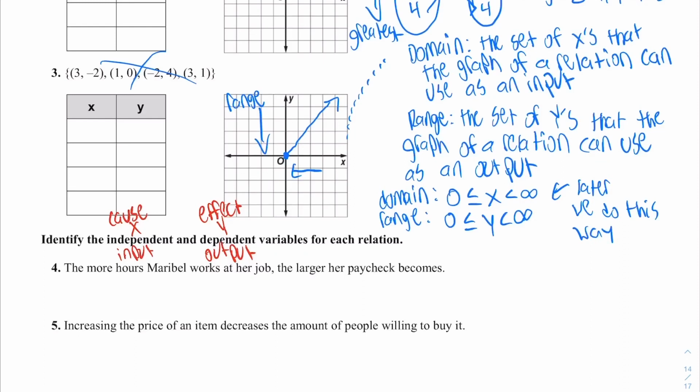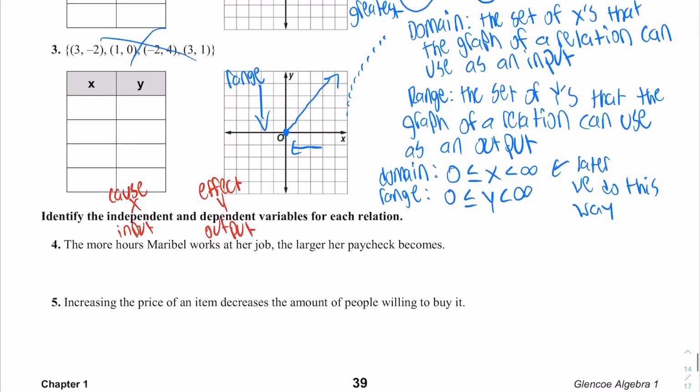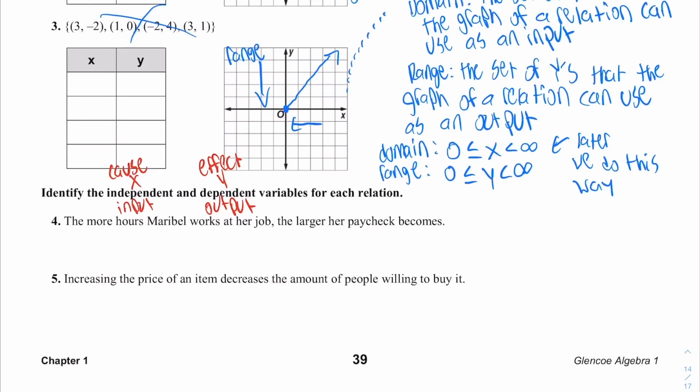But it asks us to identify the independent. So in this question for number 4, we're going to find out which one of these things happens independently, which means it causes something else to happen. It says the more hours this person works, the larger her paycheck. Does her hours affect her paycheck, or does her paycheck determine her hours? Well, everybody already knows that if you're going to work at a job, you get to choose how many hours you go to, because you could just not show up for work and then they'll give you a tiny little paycheck. So since the hours cause, the hours are the independent